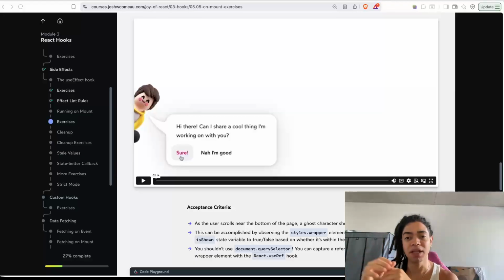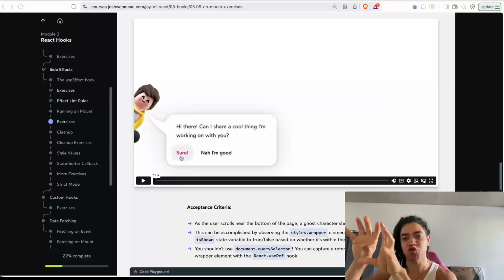The name can repeat itself across all of your components in your application, because with CSS modules it is going to wrap